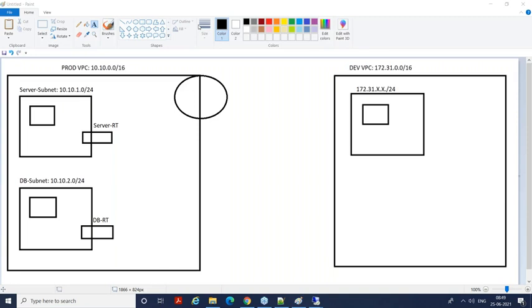So the requirement in this case is that this machine in my dev VPC should be able to connect to this machine in my prod VPC. My prod environment machine and my dev environment machine should be able to talk to each other. Ideally, we have this kind of requirement even in our on-premise infrastructure. Agree with me? Yes or no? So we can expect a similar kind of requirement coming in our